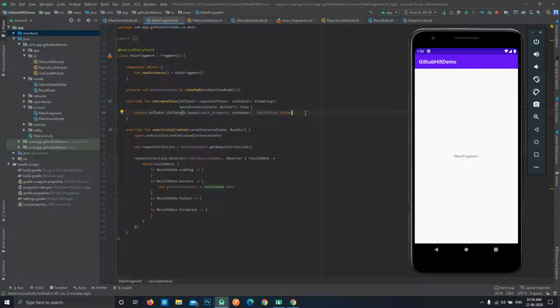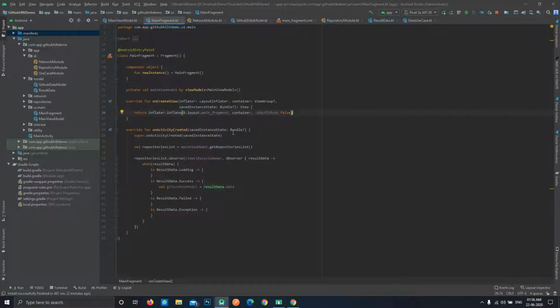It reduces the memory overhead and also the time it requires to check every item. Sometimes when the data in our list changes, we need to provide our recycler view adapter the whole list again and call the notifyDataSetChanged method, and it will automatically clear the previous list, provide it with the new list and redraw all the views. It takes just a split second or some milliseconds, but still it consumes a lot of memory and CPU. So we'll use the new way of creating our recycler view adapters.